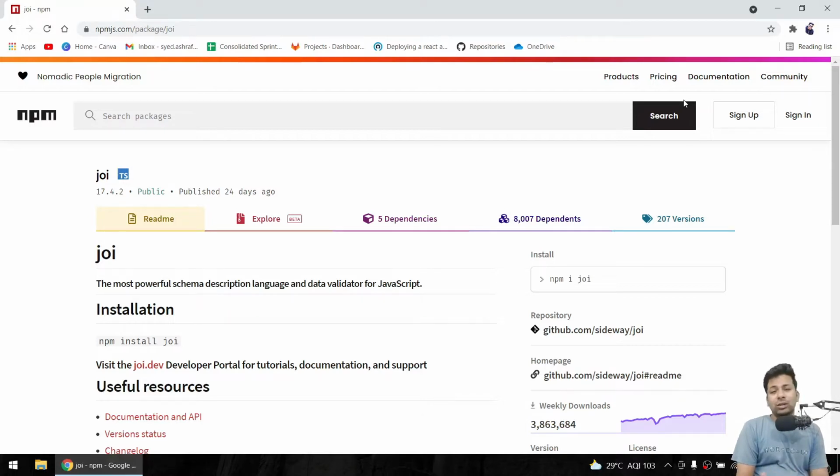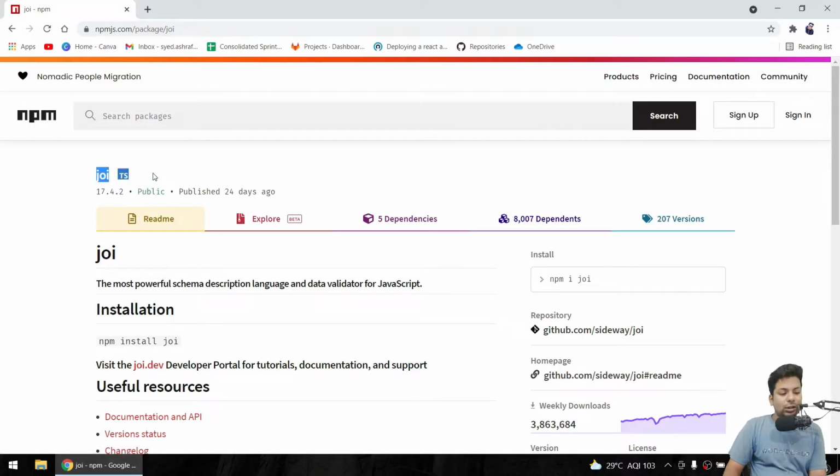So all this stuff we have to write. If there are 10 parameters, we may have to write 30 lines of code to check each and every one of the fields we are receiving from the API or from external forms, whatever you want to say. But this can be eliminated by using Joi.